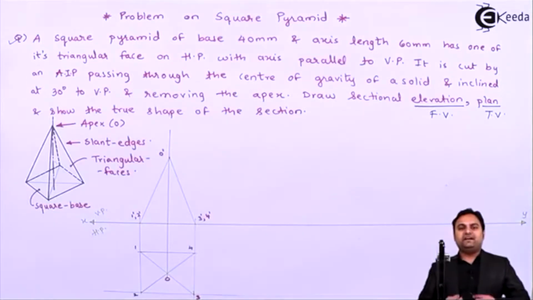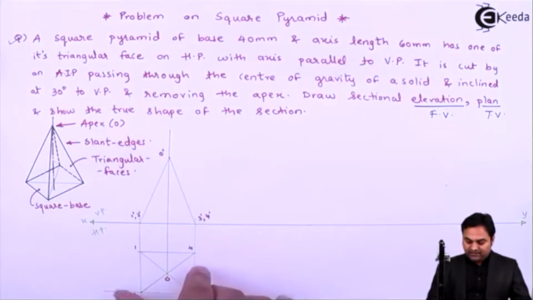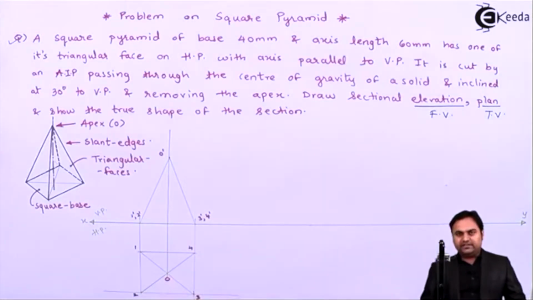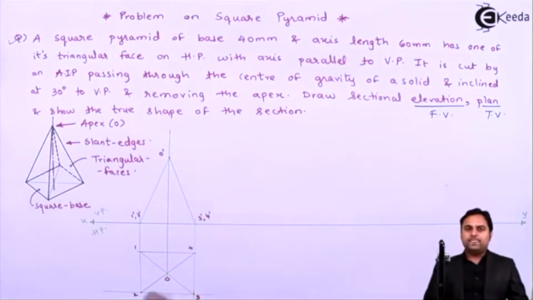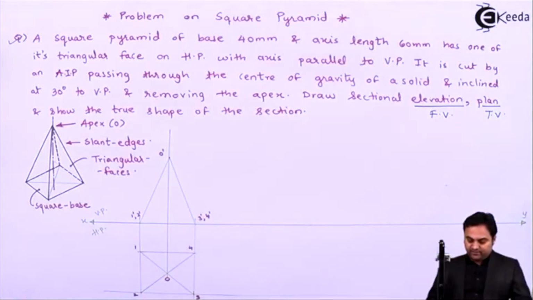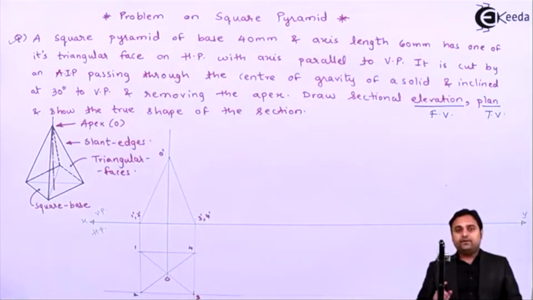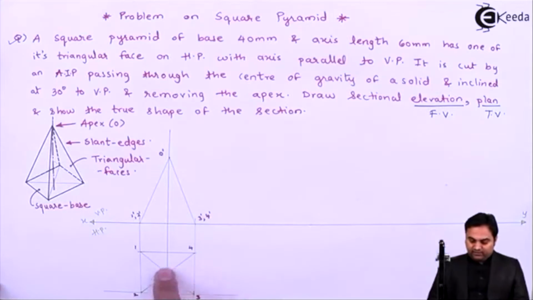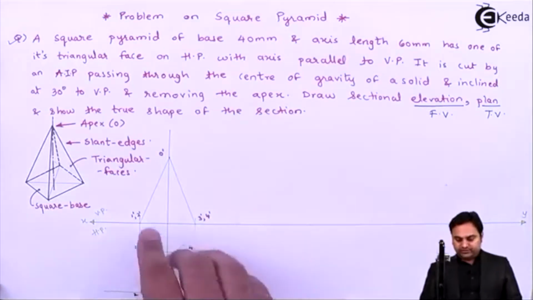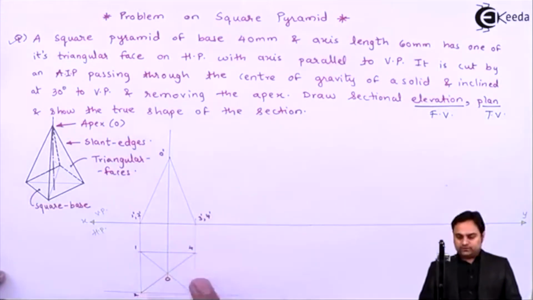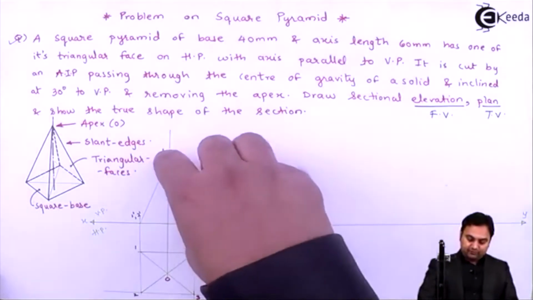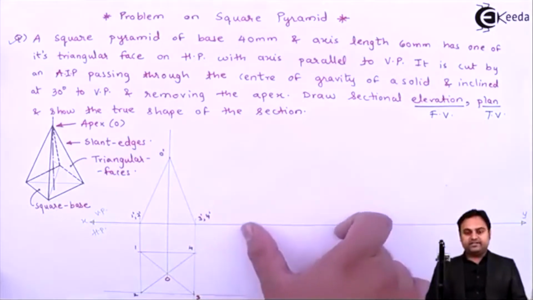Otherwise, if I would have taken the other condition, that is instead of edge, I would have taken the corner on which it was resting, then after tilting it, it would have been rested on the slant edge. So here this condition I have taken because it was given that the pyramid is resting on its triangular face. Next, when I look at this triangular face in the front view, it is O dash 3 dash 4 dash. So if I have to make this triangular face lie in HP with axis parallel to VP, for that case I will have to make this slant edge in line with XY.